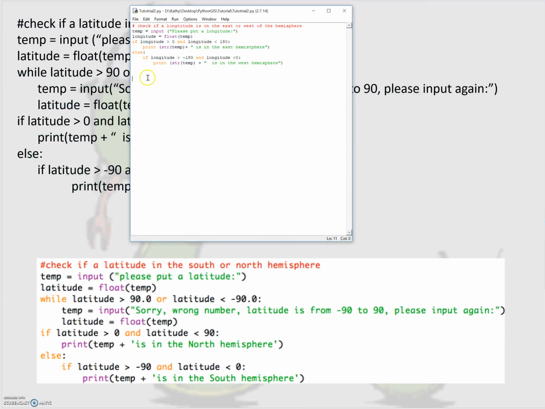So now, instead of latitude, I will say latitude in the south or north of the hemisphere. That worked fine, okay? So now our temp, we will input, please put latitude, and then we will have to name it latitude